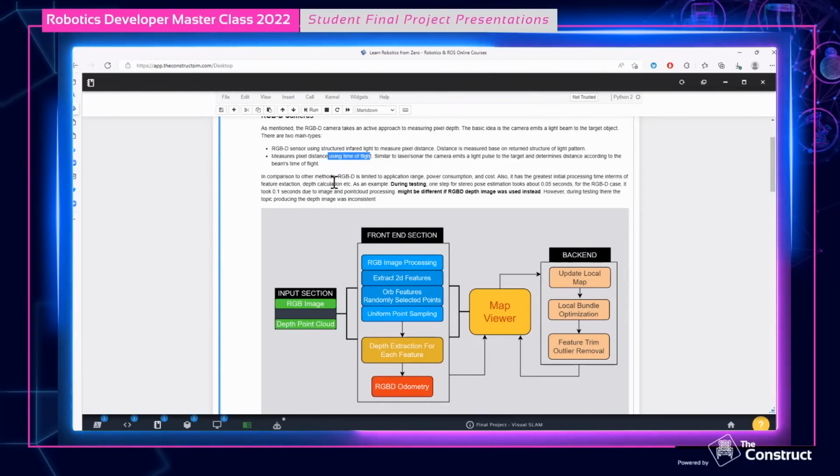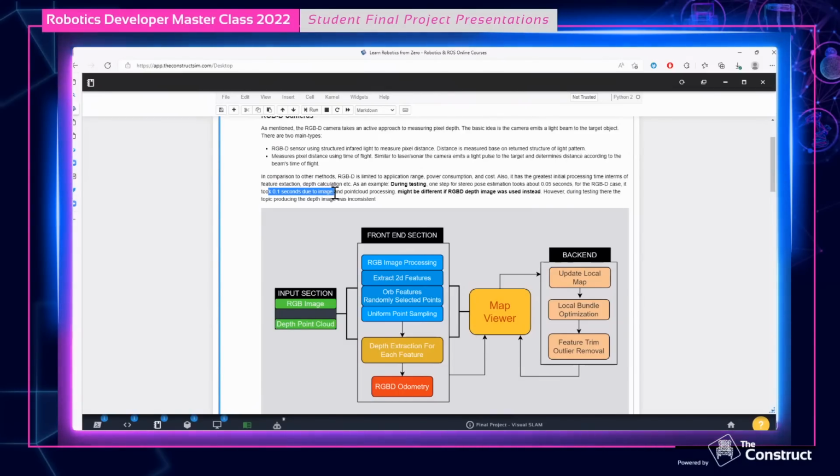I did a bit of a test with the stereo cameras. It took about 0.05 seconds per cycle, which is pretty quick, and we work real time in terms of outdoor. And in the RGBD case, it was 0.1 seconds per cycle, which in reality will get you killed if you're relying on it. So there are reasons why this could happen. It could be the system itself. Also, like I mentioned,